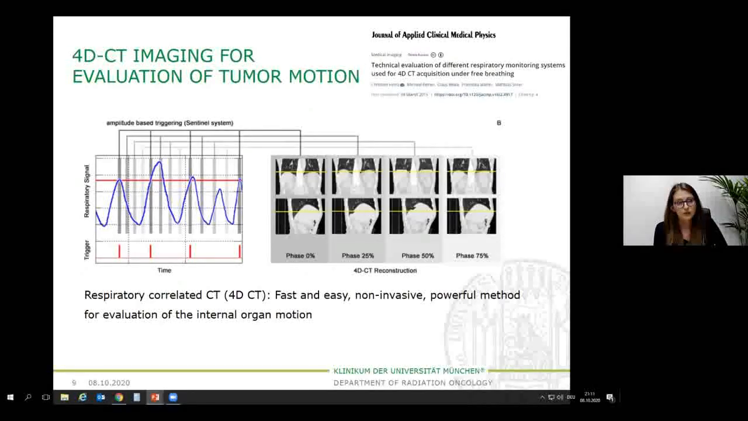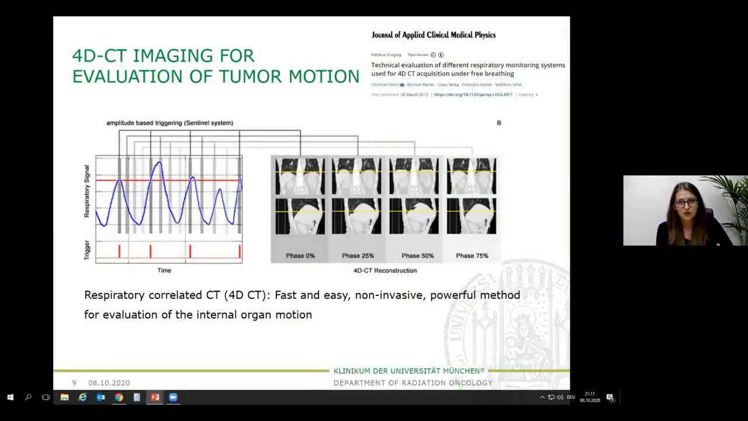Usually, if we do SBRT for treatment planning, we do a 4D CT, so we can see the movement which the tumor is doing while the patient is breathing. And we use this information for treatment planning,